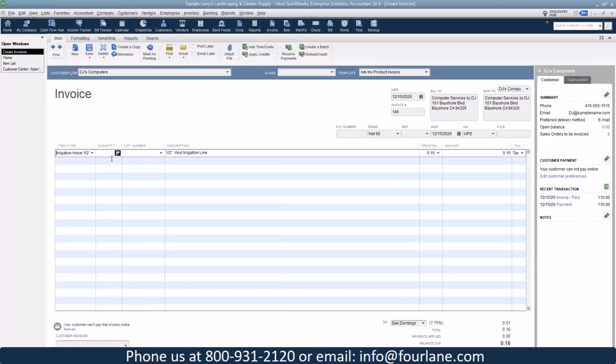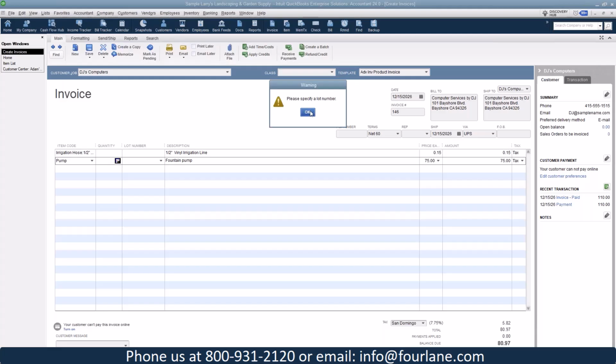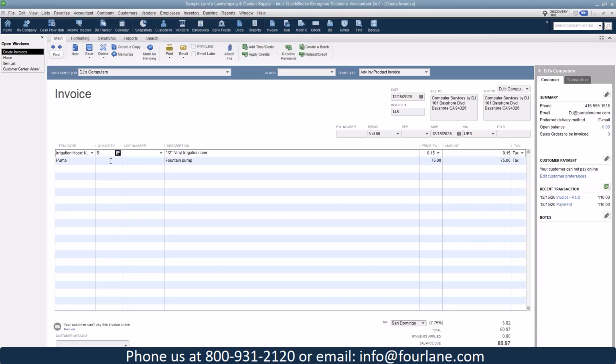I'm gonna get some pop-ups here about lot numbers again because this is my sample file. Okay, let's do 5 and 5, okay? And that's a pretty small invoice here. So let's make this 50, just so we have a little bit of a bigger number to go with. Okay,